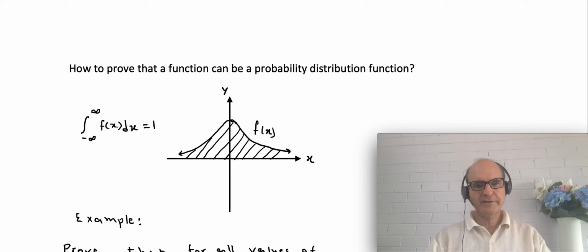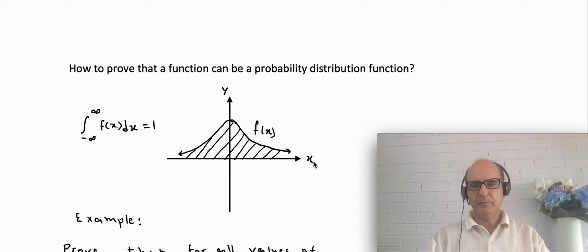In today's lesson, we try to look at the way of proving a given distribution function is a probability function. So, if, for example, this is my f of x, which is the distribution function for the